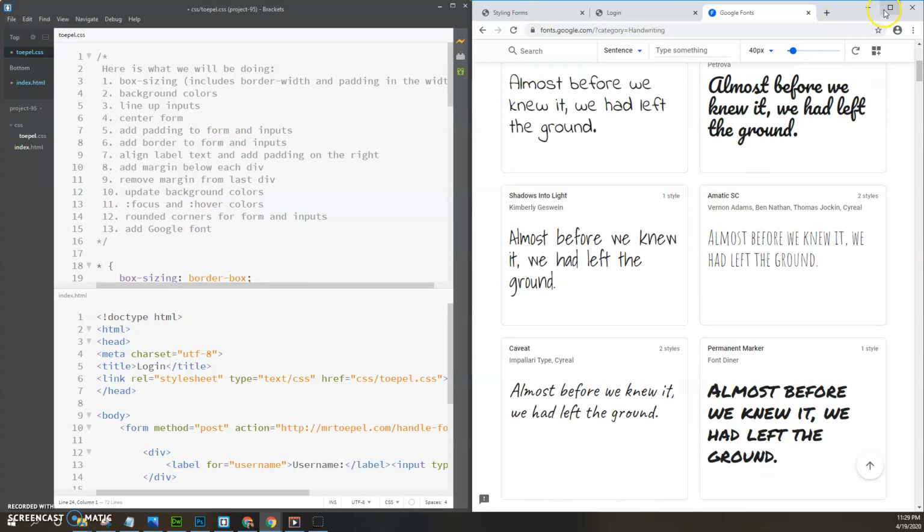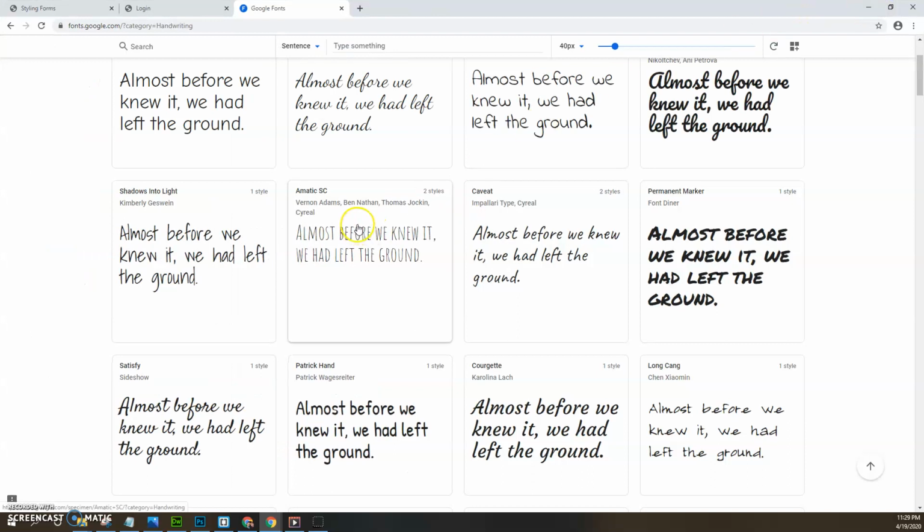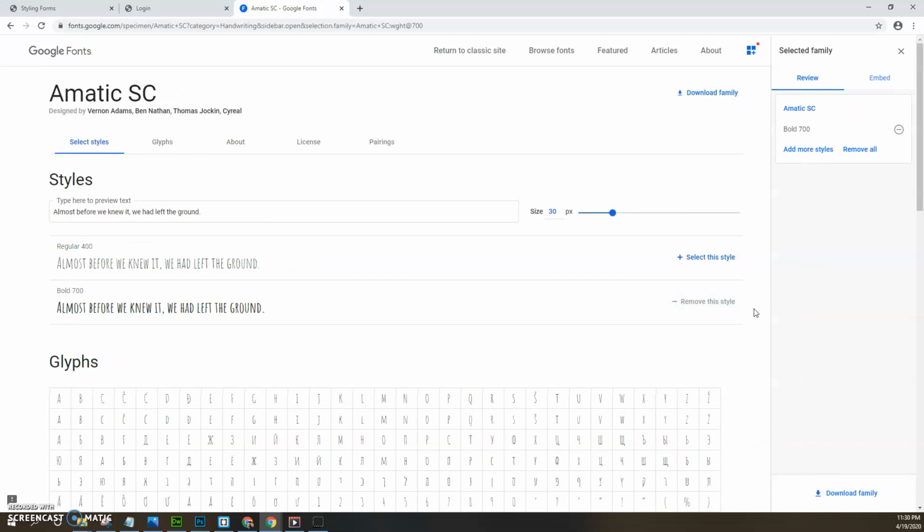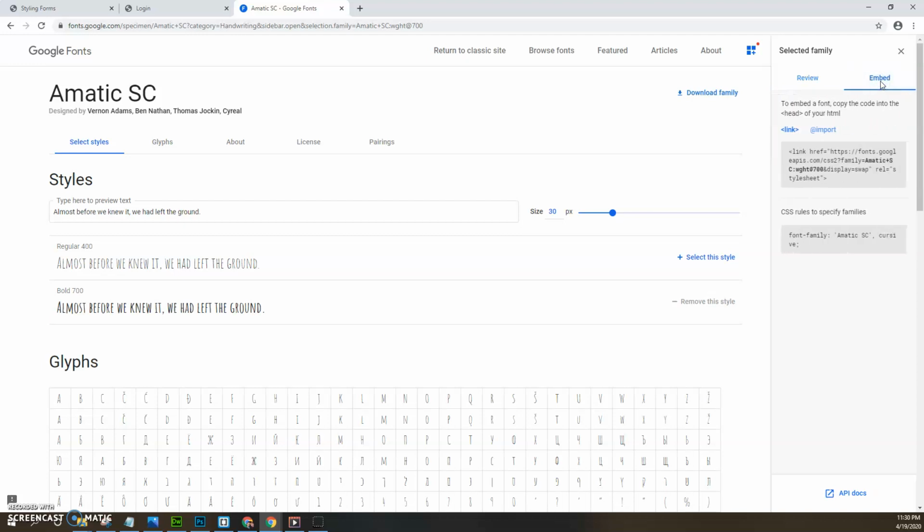So I'm just going to max this out for a second. And here's how Google Fonts works now. It's slightly different. They updated it. So you click on the font you like. And what you want to do is, see where it says select this style? They have a regular version of this font, and they have a darker version. I want the darker version. So I click that. And now over here, I can embed it. You can either use the link, which would go on the HTML page, or the import, which would go on the style sheet. So I'm going to just take the import and copy that,